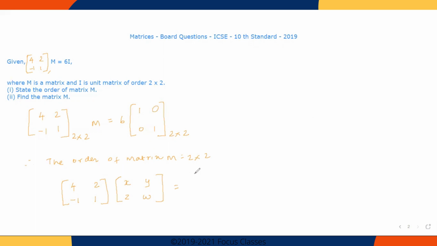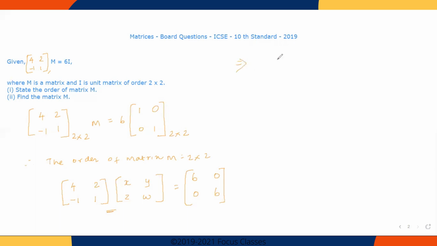So it will be [6, 0; 0, 6]. So this is under multiplication. So then we have to equate this one,